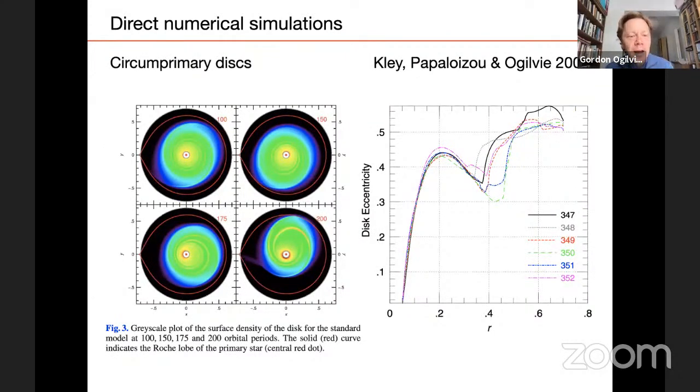Okay, well, and all this ties in some sense with the superhump phenomenon in those interacting binary systems, where there's a particular mean motion resonance that's thought to cause eccentricity in the disk. And for many years, that was only found in SPH simulations. Grid-based simulations didn't produce any eccentric disks. But well, again, with Willie, a number of years ago, we were able to see this phenomenon occur in a grid-based simulation for the first time.